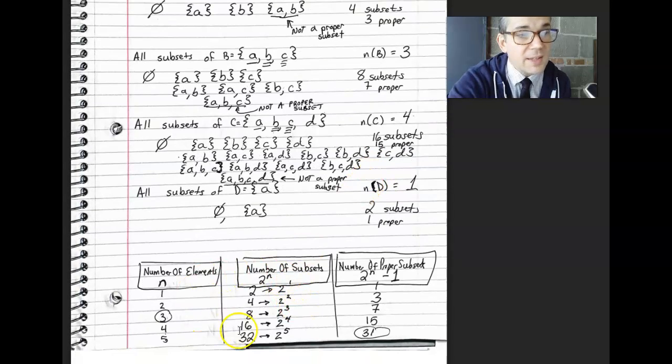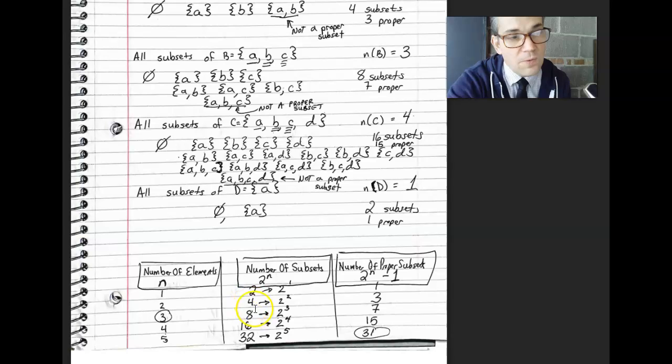So we started looking at a table where on this side I wrote how many elements were in the set. And you'll notice we didn't even do number 5. Like we didn't do 5 elements in a set. So this column represents how many elements are in the set. And then we wrote down how many subsets each thing had. So when there was 2 elements, we found there were 4 subsets. 3 elements gave 8, 4 gave 16,